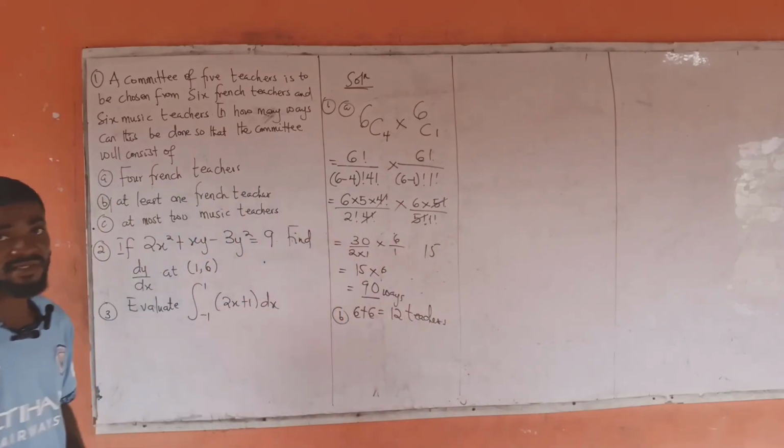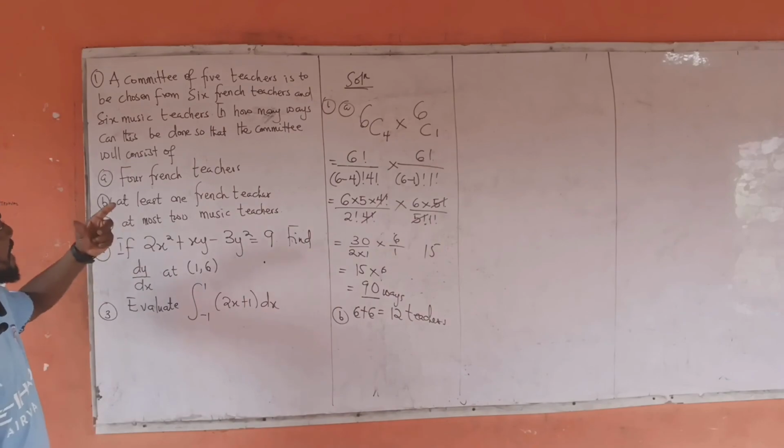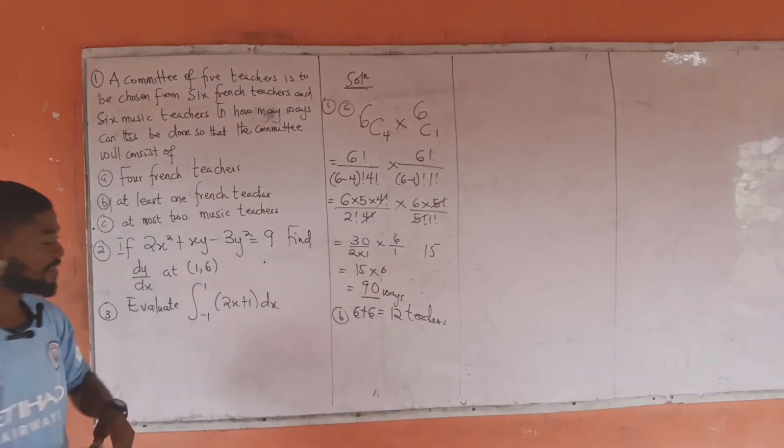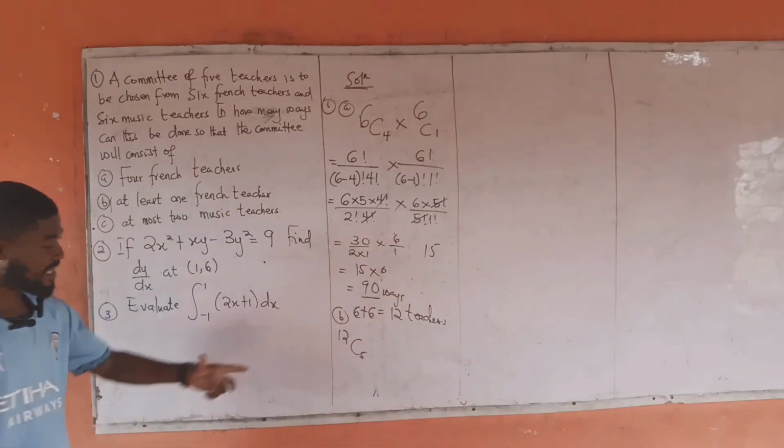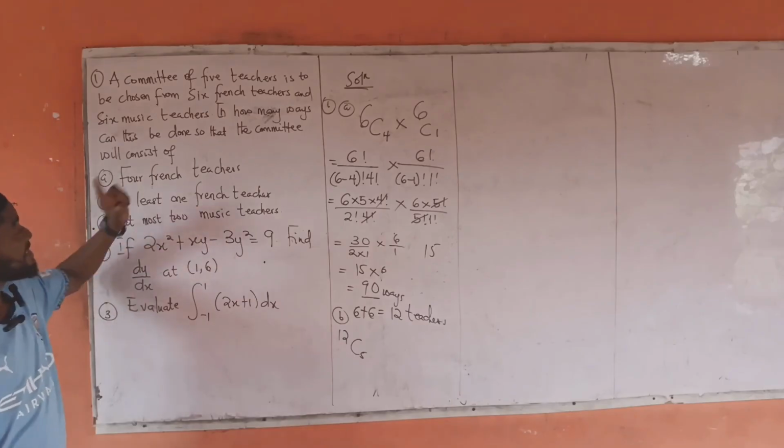6 plus 6 giving us 12 teachers. How many members should be in the committee? 5. So we are picking 5 teachers out of 12, and then